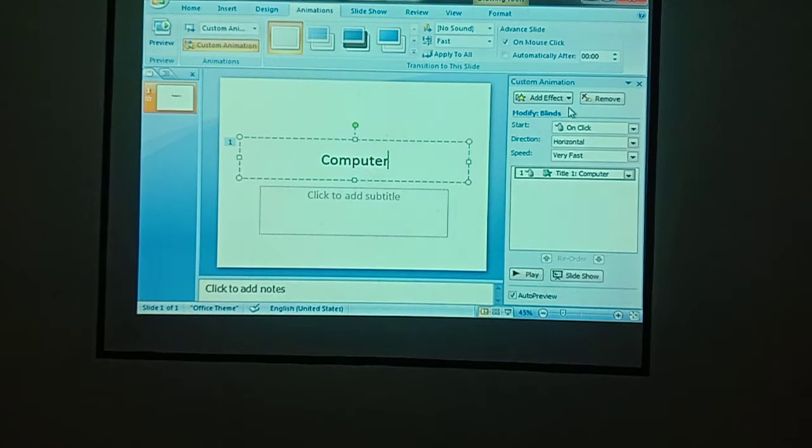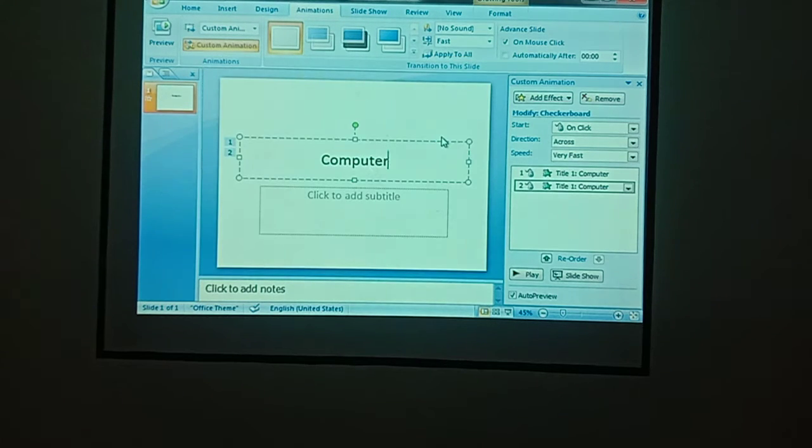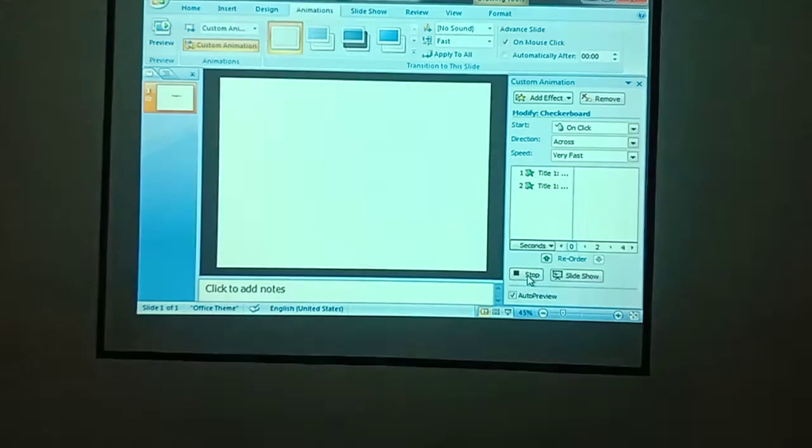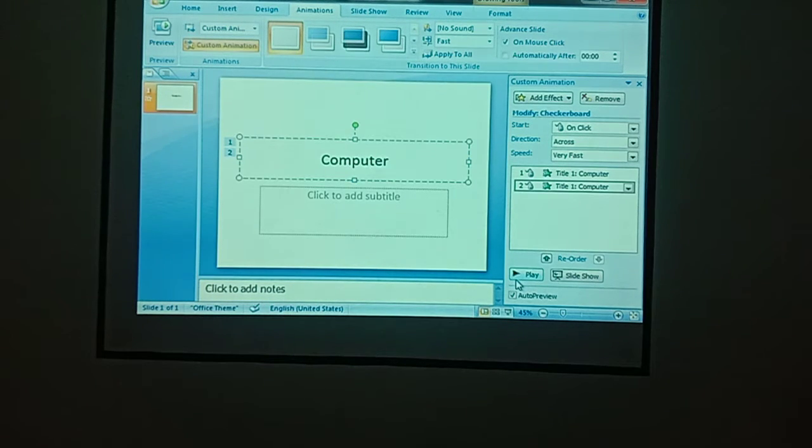Okay. So what are the effects that you are adding? Parallelly, next to the speed, it will be added in the empty area. See here. I have clicked the checkerboard. Okay. So parallelly it will be added in the blank area. So if I click play, both the effects will be displayed here.